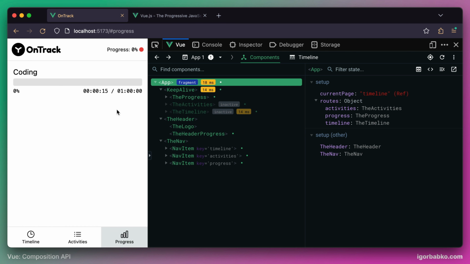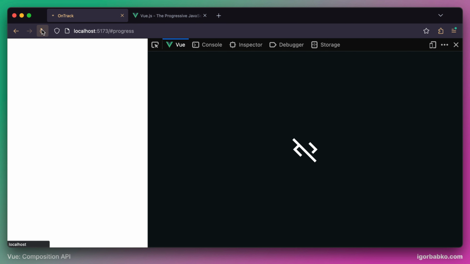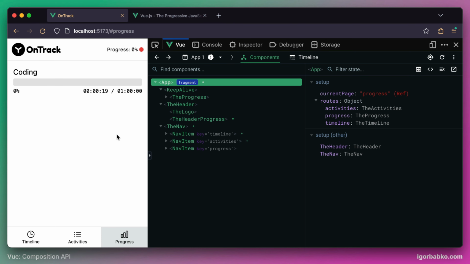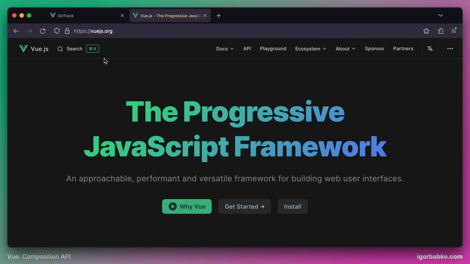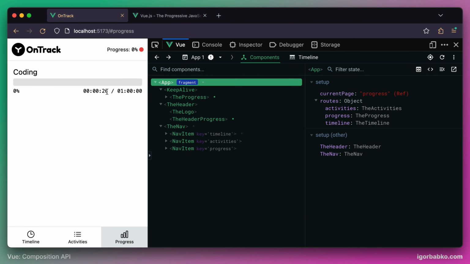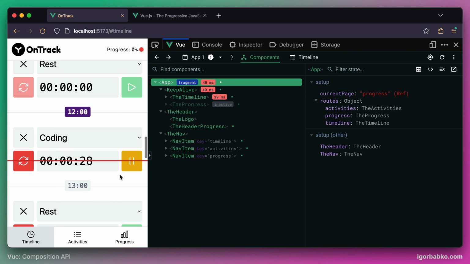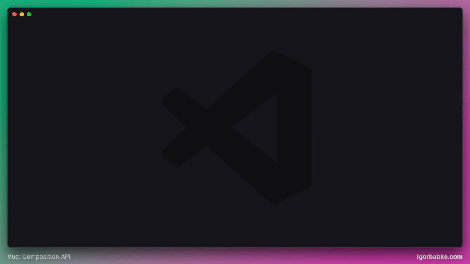As we can see on the progress page, this time is increasing, but what if we switch tabs, and then, after some time, we come back to the tab where our application is running? In this case, we're going to see that this time is no longer increasing. So the stopwatch stops automatically whenever we switch tabs, or in other words, when the tab with our application becomes inactive, and the stopwatch will continue counting the time if we switch to the timeline page, because once we're on this page, local stopwatches get initialized. So in this lesson, I prefer to do a global refactoring of the logic that belongs to controlling